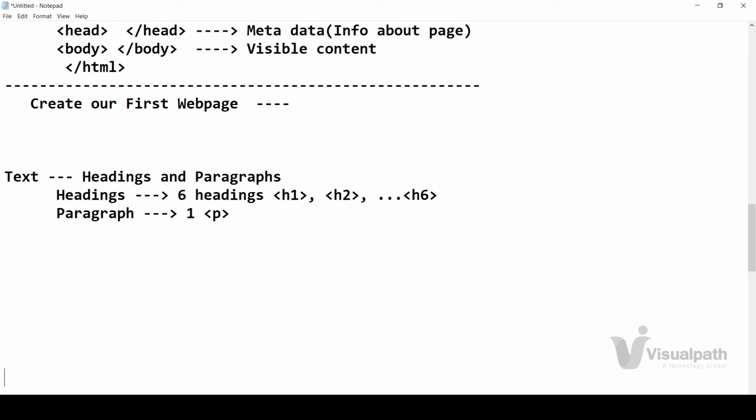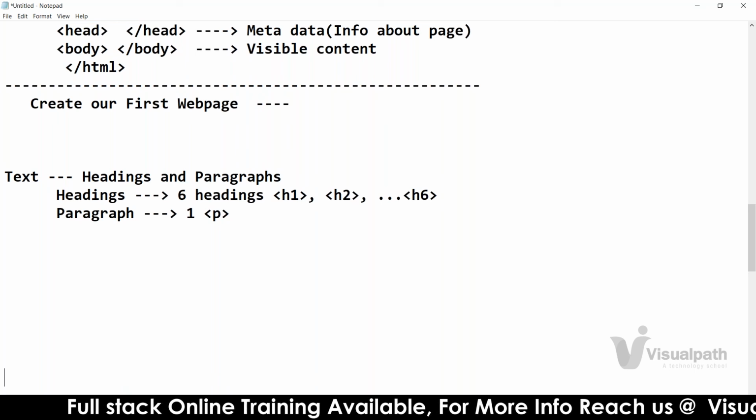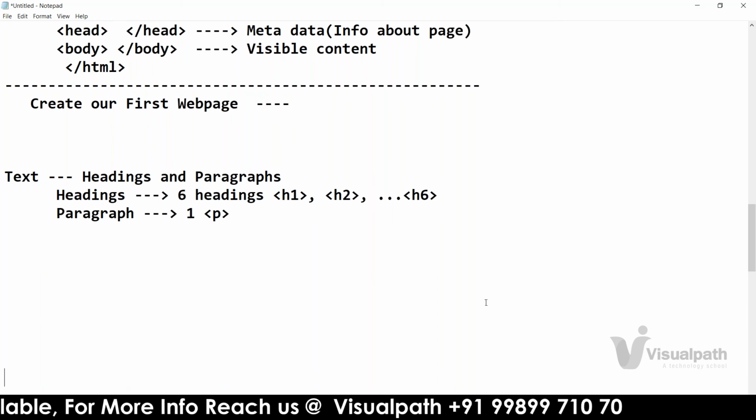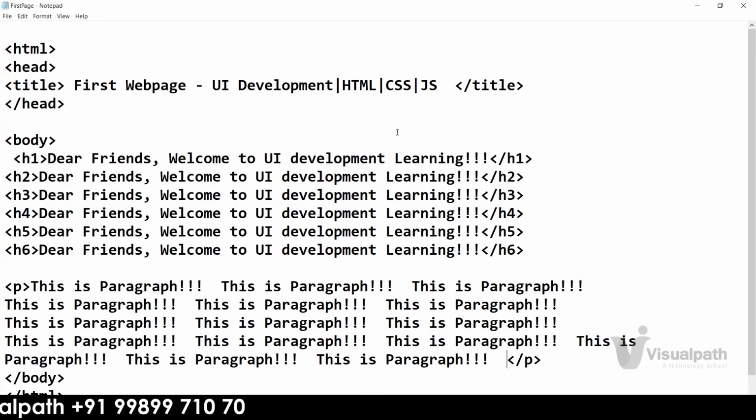This code means open HTML, head tag, close head tag, body, and within the body write some heading and whatever you want to write, then save it with .html. And to give some title to your web page, within the head tag write a title tag. Got it? So I'm expecting you people to do this, and that's it for the day, guys. I don't want you people to bother much, just creating the first web page with some heading and paragraph.